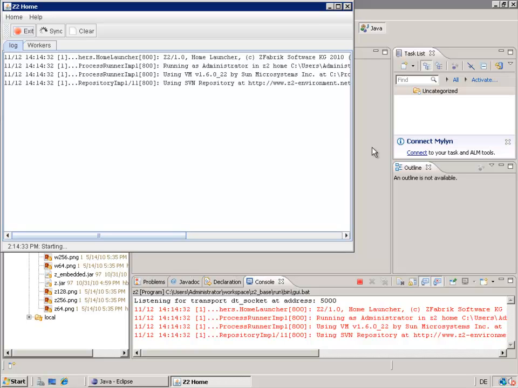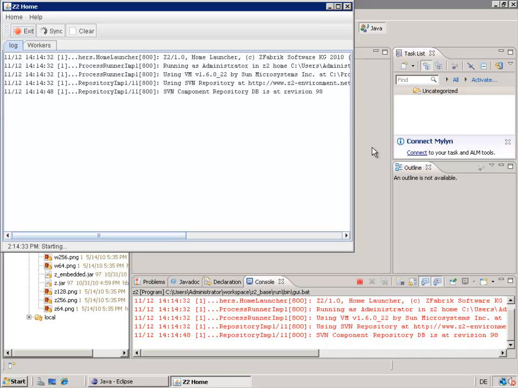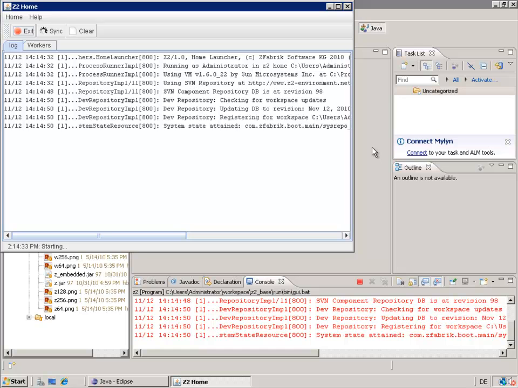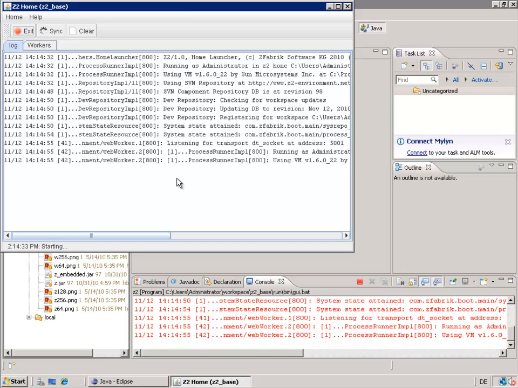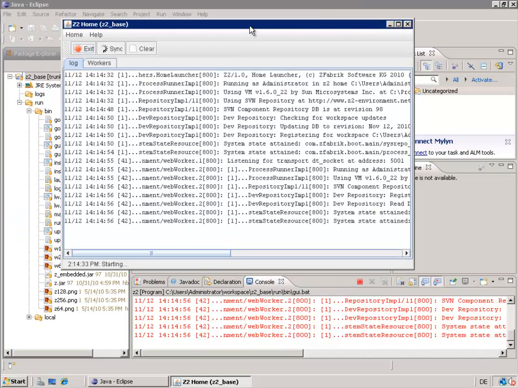Now, at first start, this takes a while, actually depending on your network bandwidth. Subsequent startups will be substantially faster. However, that gives us a little time to have a look at the console here. This GUI console that comes with the L0 with the Z2 core distribution